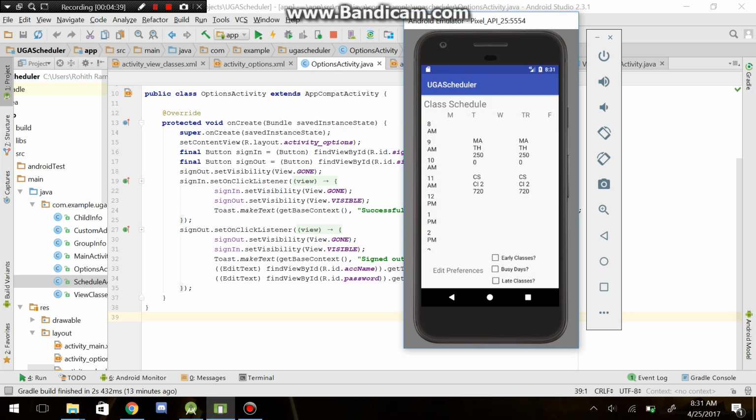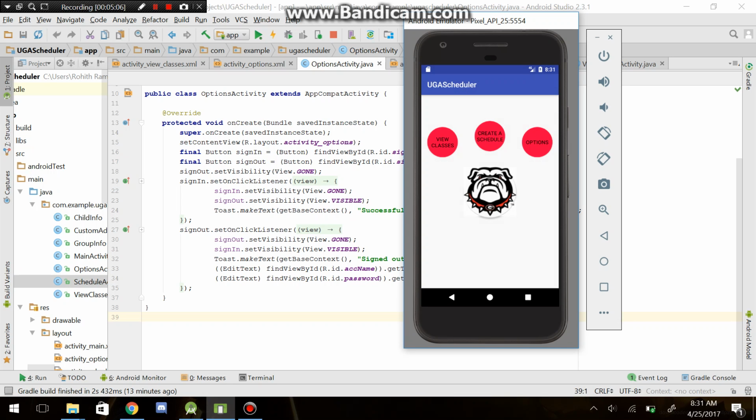Let's say I want an early class. Now I will move data structures all the way to the top, and it will move it to an 8 a.m. slot. I don't want an early class, so let's just put it back there. That's basically what the create schedule option does for you. It will make a schedule for you based on which classes are in the database that you selected in the view classes option. Now if we go to the options,